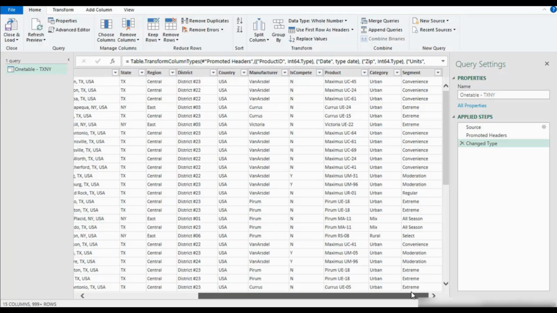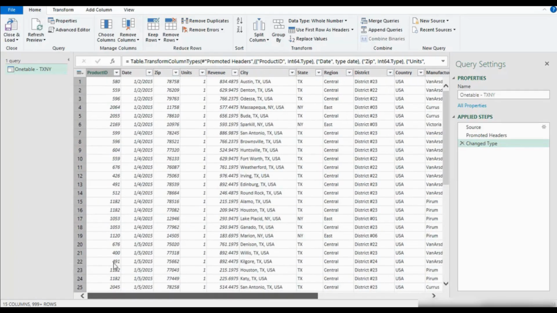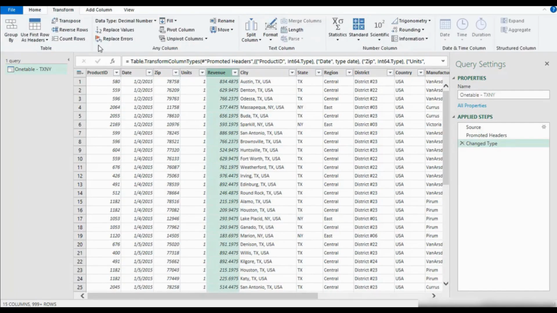But if you look through our data, you see that everything looks okay. Whatever transformation you do here is going to be saved in the applied steps. So if you happen to refresh this data from your pivot table, and new data has been added to the source data, wherever it's located in your system, let's say new information is added to it, when you refresh that data, it's going to reflect that new information. So for example, let me go ahead and